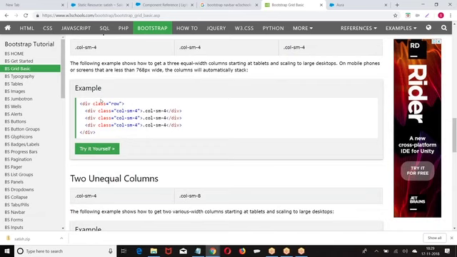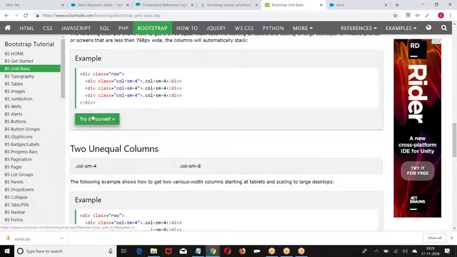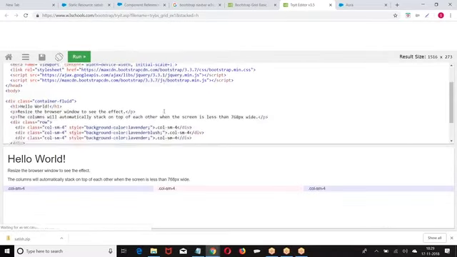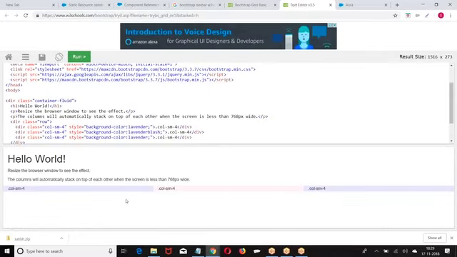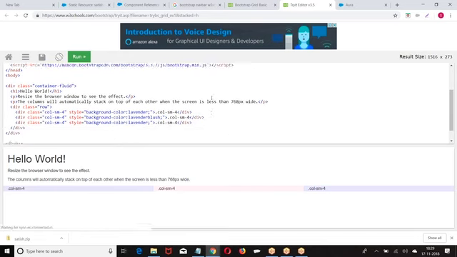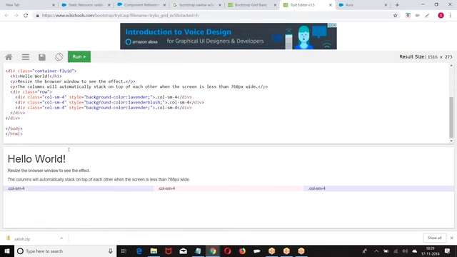Now we have a row. Look at the point. So what is the size? 4, 4, 4. They divide the row into a number of columns.